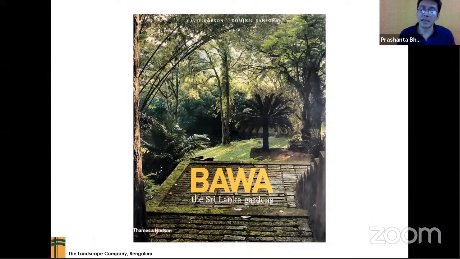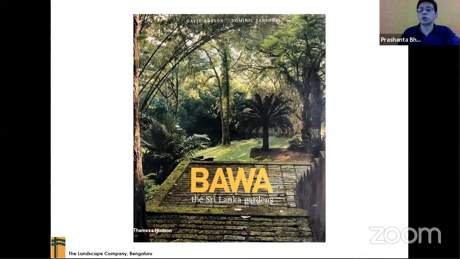One of the persons that I really admire is Geoffrey Bawa from Sri Lanka. If you have been to his projects in Sri Lanka, you'll realize he is kind of the father of modernism in South Asia. He really integrates the outside and the inside, where the architecture blends into the garden, where the exterior kind of goes inside the building also. So he's also a great influence, and I urge you all to look into it.